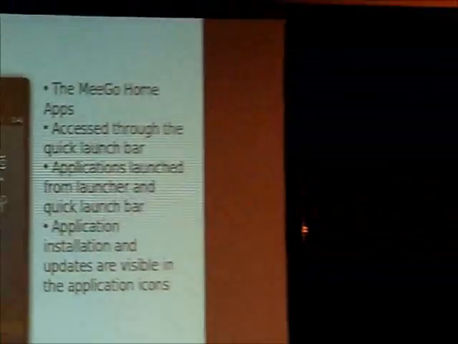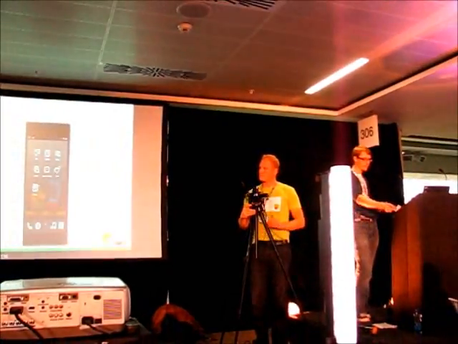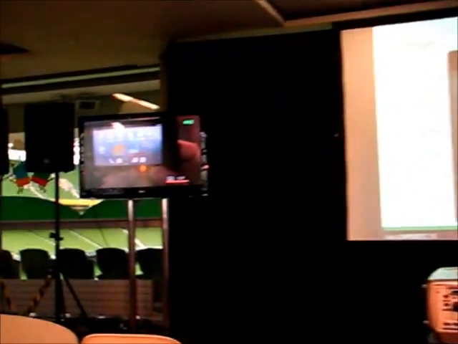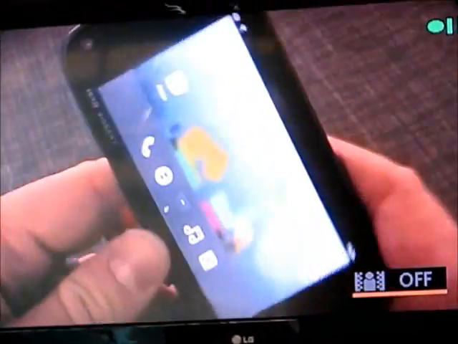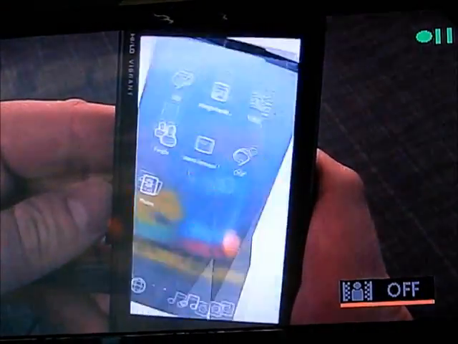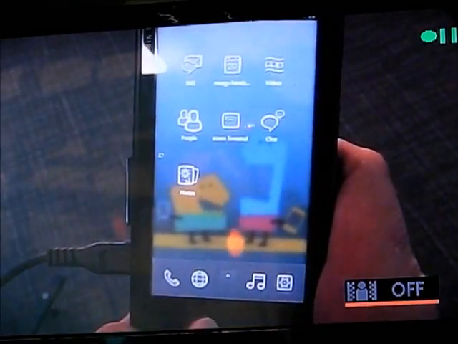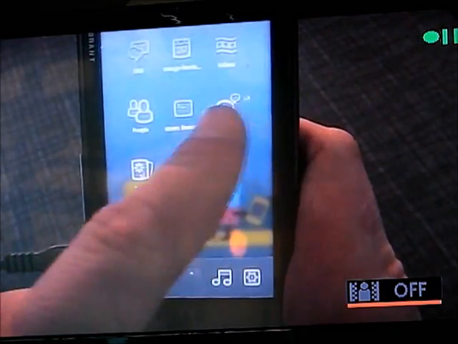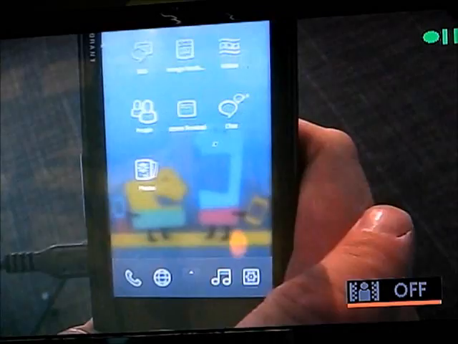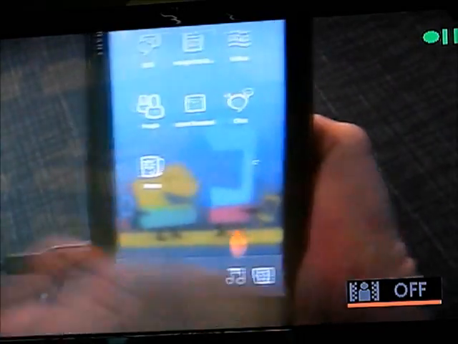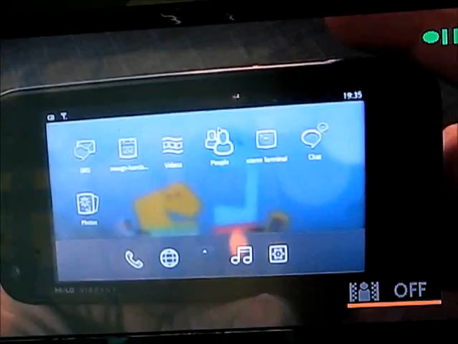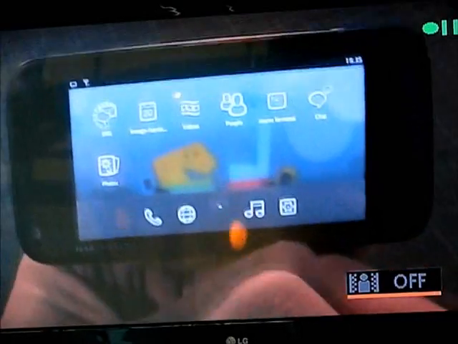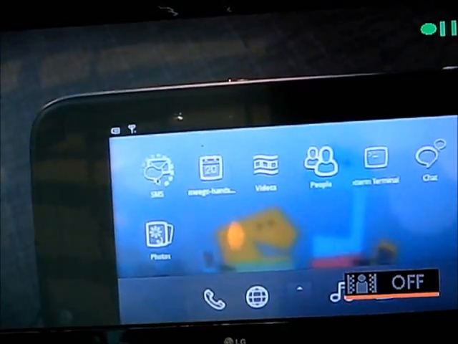The launcher looks like that, and is accessed through the quick launch bar, as MeeGo showed there on the device. So what we have here is it collects all the applications that you have installed on the device, and what it also supports is installation and update progress of